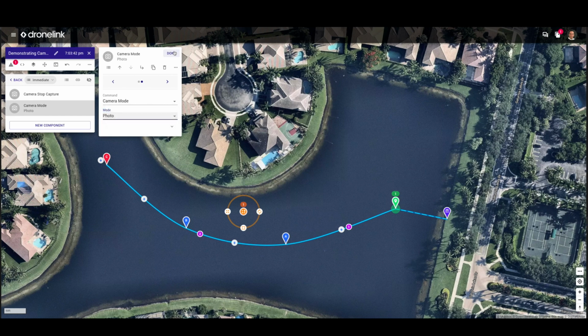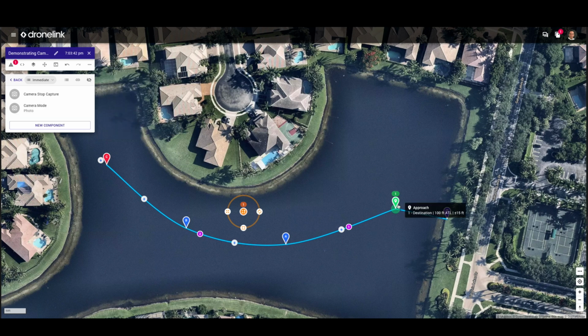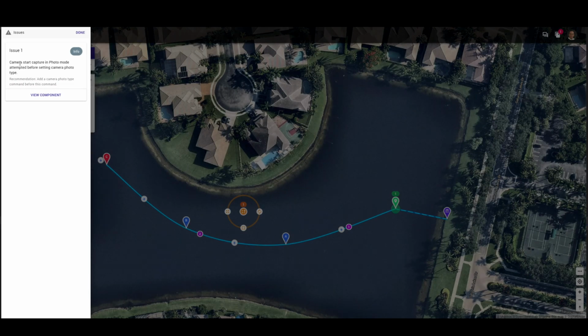Now again, you'd think we're in good shape right now because I did a stop command, I set camera mode to photo, and I've set it to take a picture. I should be able to take a picture here, take a picture here. What's the problem? So if I go up here and I look at my issue detectors, it says